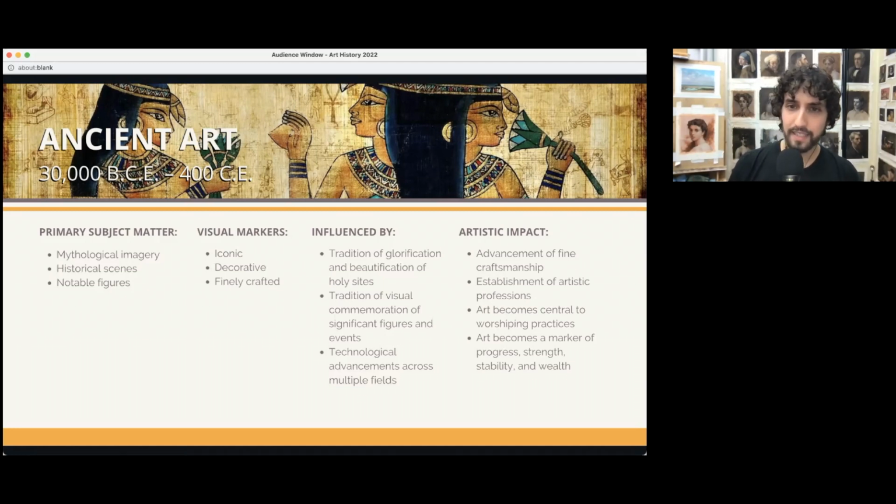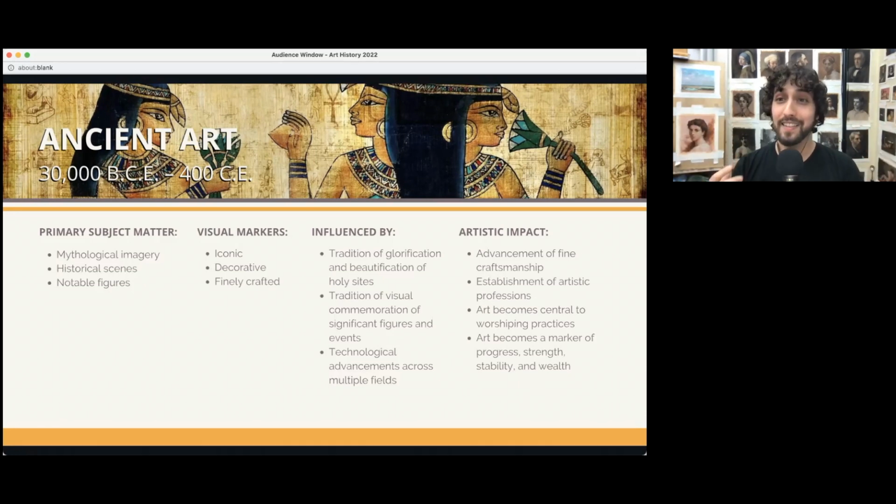And last impact is that art becomes a marker of progress, strength, and stability. So on the political side of things, think about a city that tries to signify, I'm an important city, right? What do you expect them to do? How are they going to display their strength and their wealth? They're going to use art because it shows, kind of like the peacock, right? The peacock shows that it has an evolutionary advantage. You know, it's so strong with its resources that it can afford to carry that big tail that glitters in